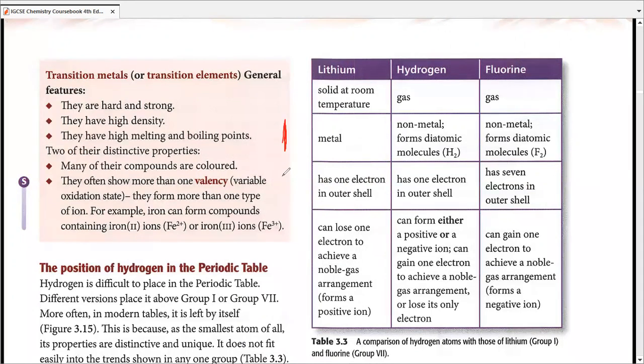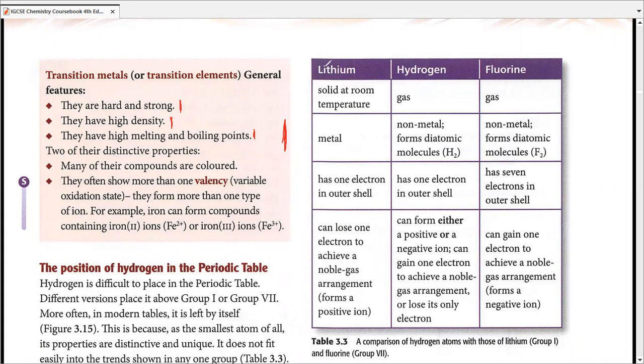Most of them are hard and strong. Most of them are solid at room temperature, except mercury, which is a liquid. They have high density, they have high melting and boiling points, and two of their distinctive properties are, number one,